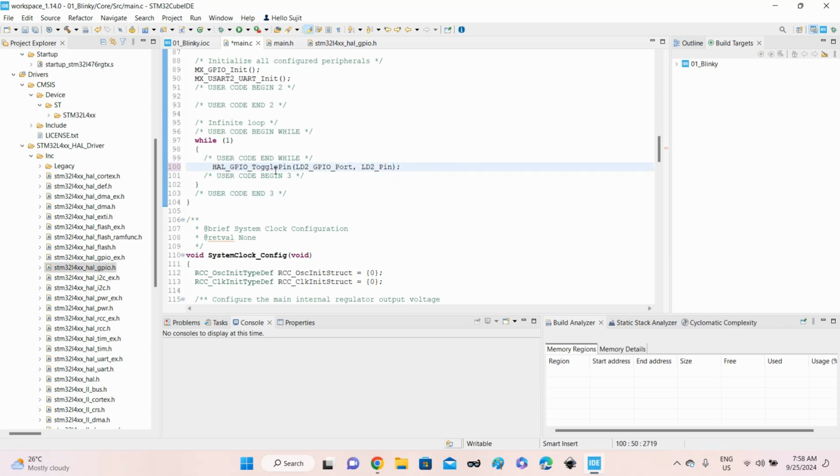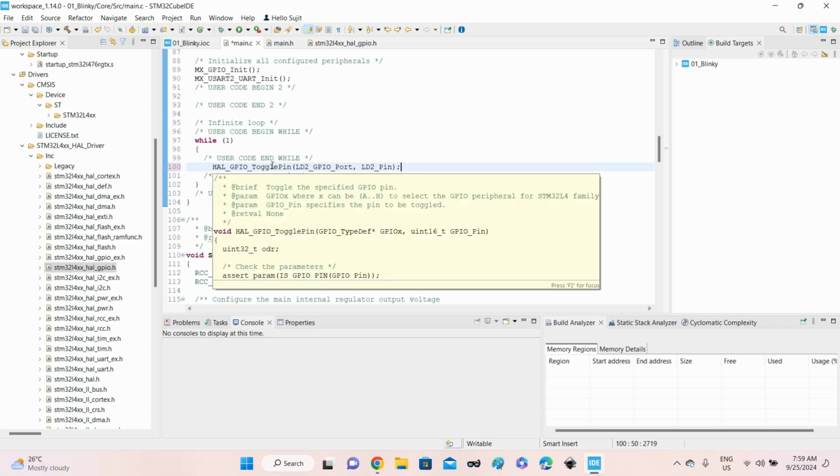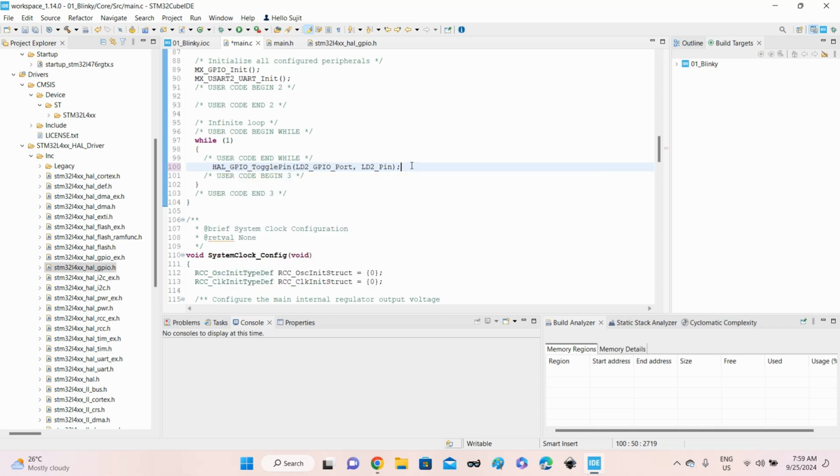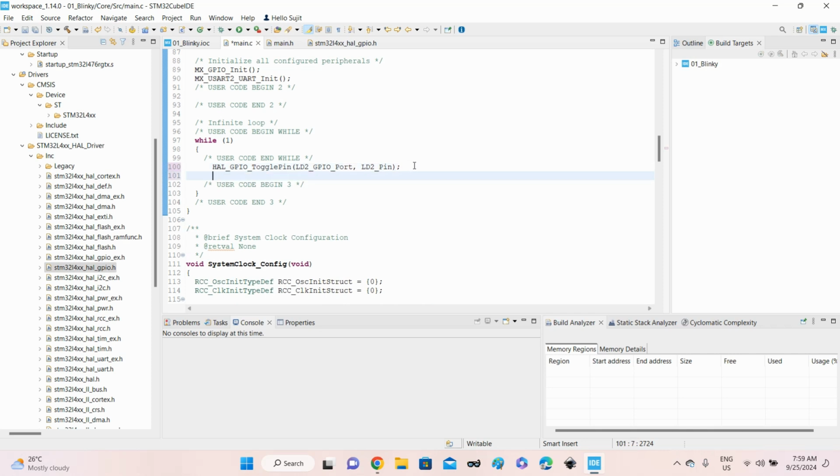Okay, so now what this will do is it will toggle the pin LD2. That is pin 5 of our port A, but it will toggle so fast that we won't be able to see it unless we have some delay. So to introduce some delay,